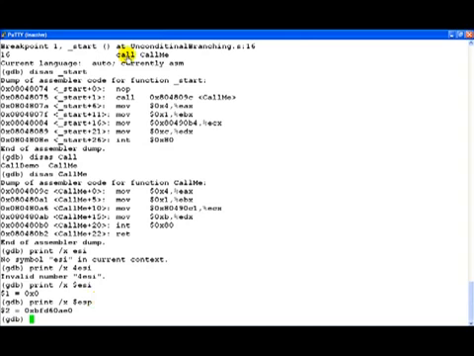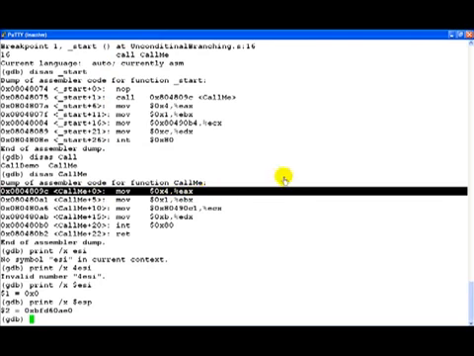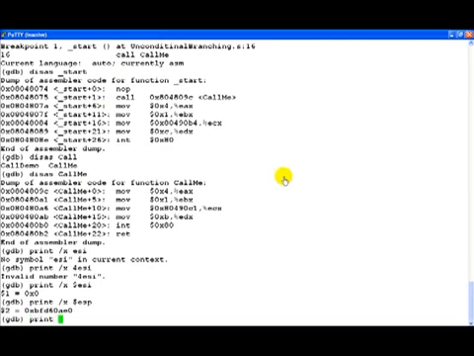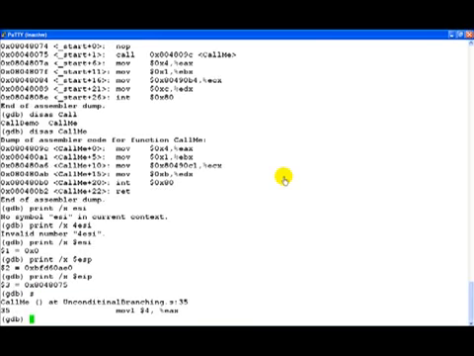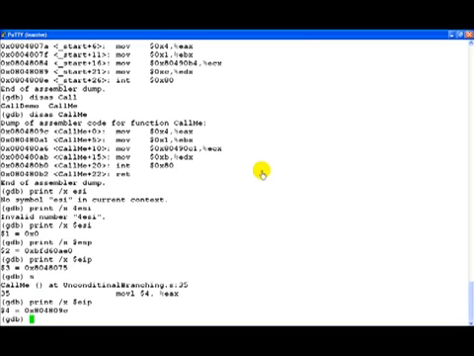So what will happen is now when we step through call me, we'll actually be transferred to this specific instruction set. So actually let's also print the EIP. Now let's step through the program. Okay, so now we have gone into the, if you just print EIP again, we've actually gone into the call me routine.